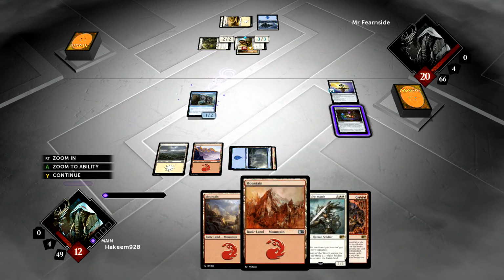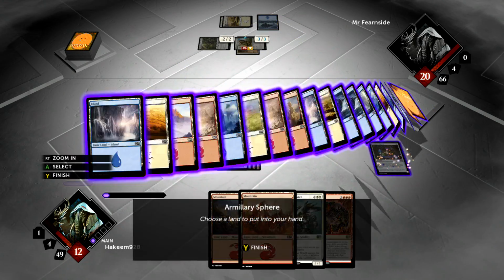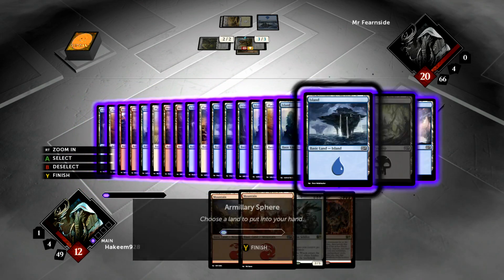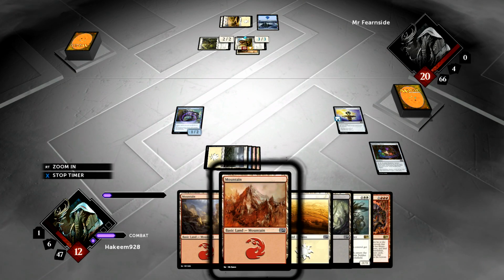So we got a Sculptor, and let's go get 2 lands. Make sure we get a Swamp, and I don't know, another plains. Let's get that 1 swamp, and let's get a plains because there's a higher likelihood of us drawing an island than anything else. So next turn we'll be able to play Captain of the Watch,